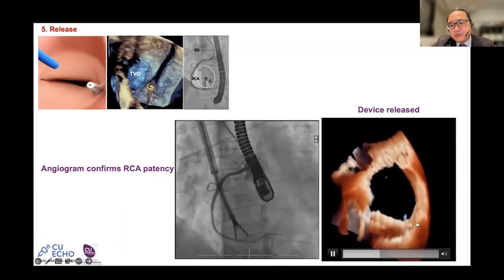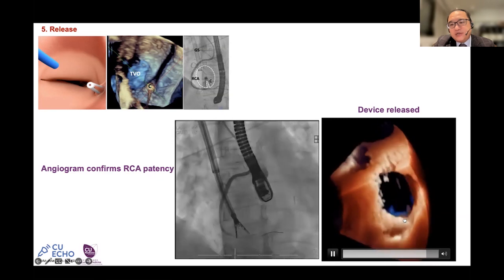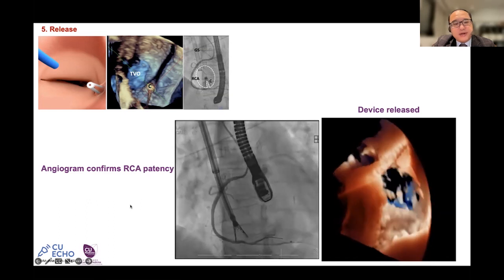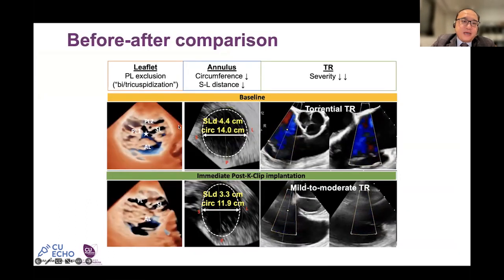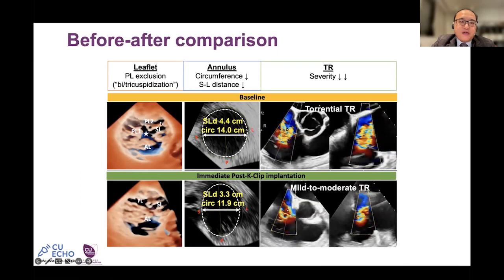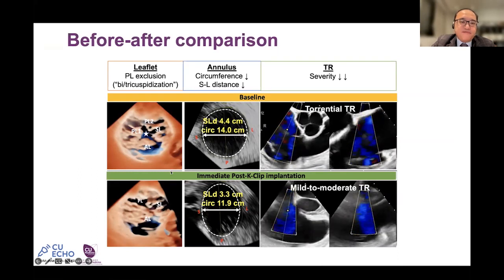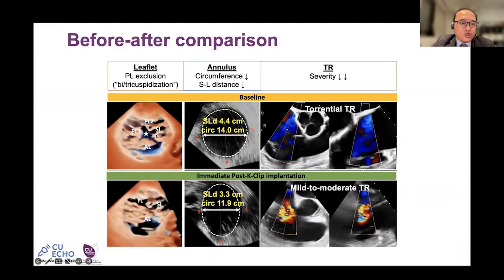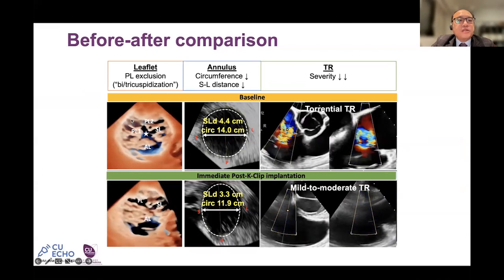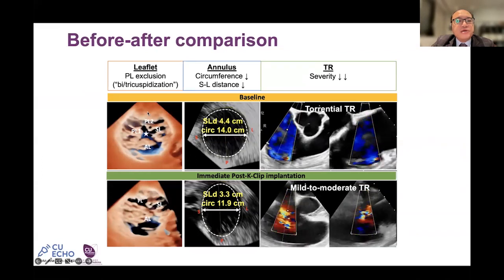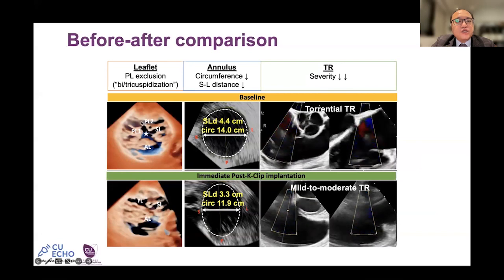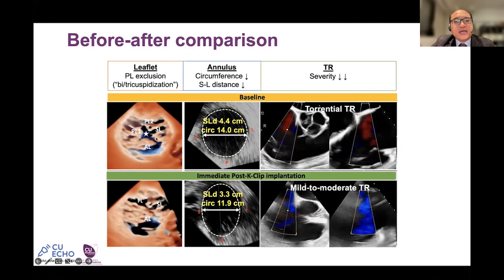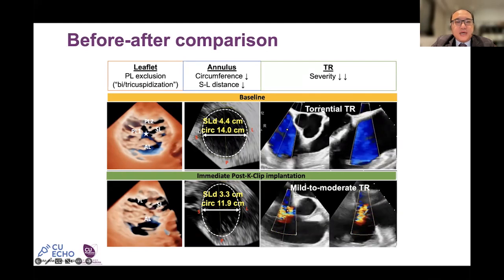And then this is the result. After the release of the device, you can see that the device is stably anchored onto the posterior annulus. And if you compare the tricuspid valve structures and also the function before and after this clip implantation, you can see, first, like the surgical Kay procedure, the annular reduction in the posterior component of the annulus can achieve this bicuspidization, or in this case, because it starts with a 4-leaflet valve, tricuspidization of the valve leaflets,